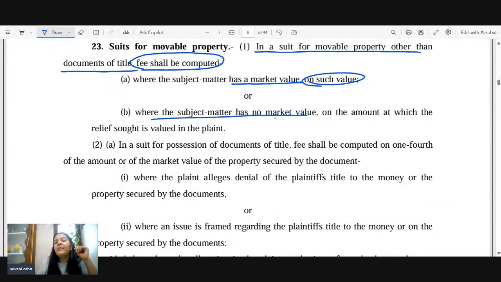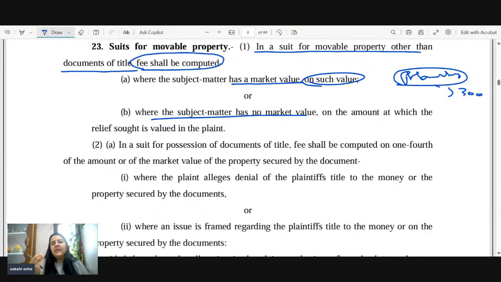अगर subject matter की कोई market value ही नहीं है, okay, suppose I am calculating a fee for a pen or a handbag, let's say a handbag, okay, and whatever the market value of handbag is, 3,000, 4,000, the fee will be payable on that. Okay, it will be on such market value. But suppose the subject matter is having no market value, उसकी कोई market value नहीं है. Okay, it's simply like I have grown a new type of grains, मैंने एक नया grain बनाया है, उसकी अभी तक कोई market value decide नहीं हुई है. In that case,